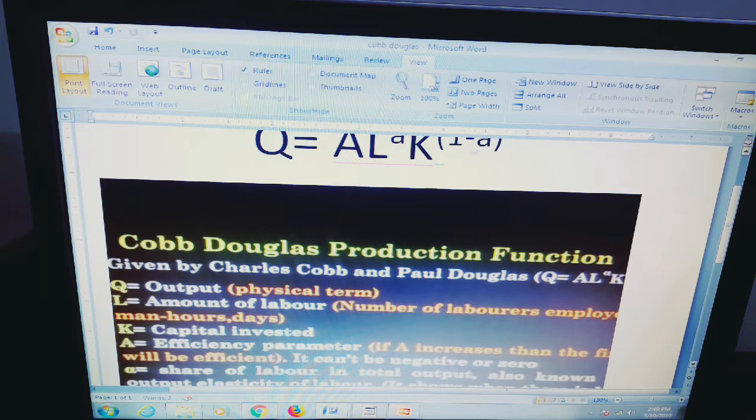Okay. So what does it mean? Look at the power of K. What does 1 minus a mean? It means that the share of